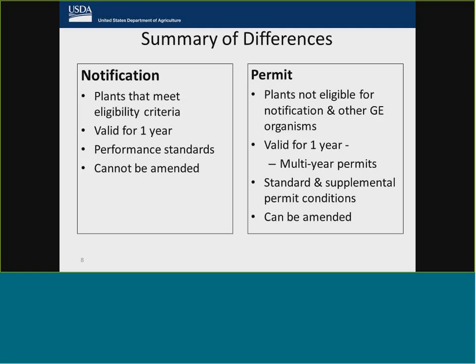Releases and movements that fall under notification have to meet a list of performance standards, which are also specified in regulation, and I'll talk about those briefly in a minute. Whereas in permits, we will actually specify standard and supplemental permit conditions. And notifications can't be amended, so you can't add things to a notification later, whereas permits can be amended later.